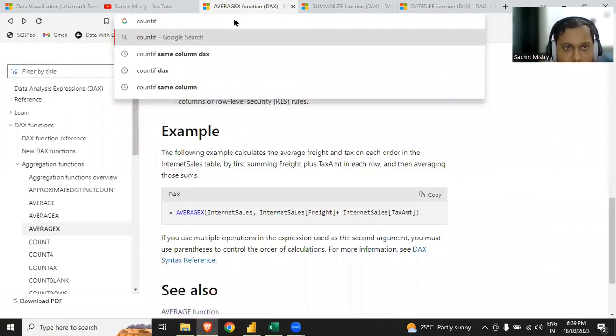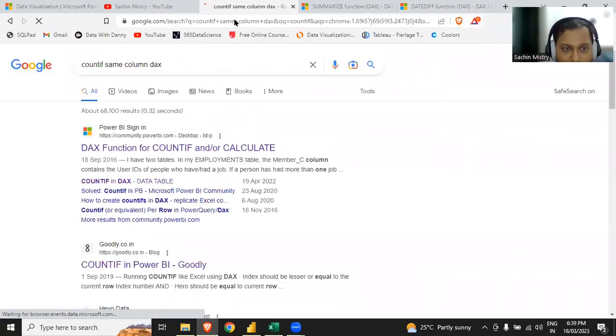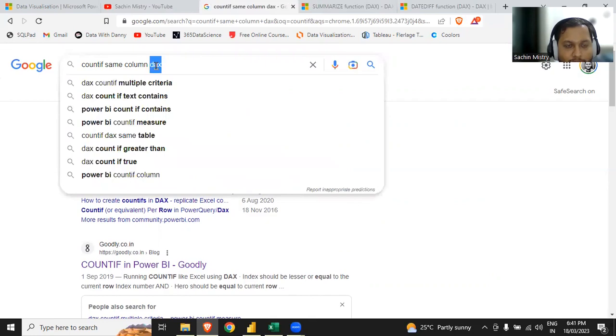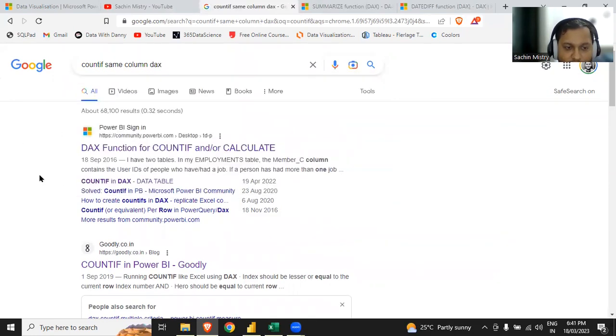I'll just type COUNTIF same column DAX. So if you notice, when we search for COUNTIF same column DAX, we get different options here. And if you notice this solution,